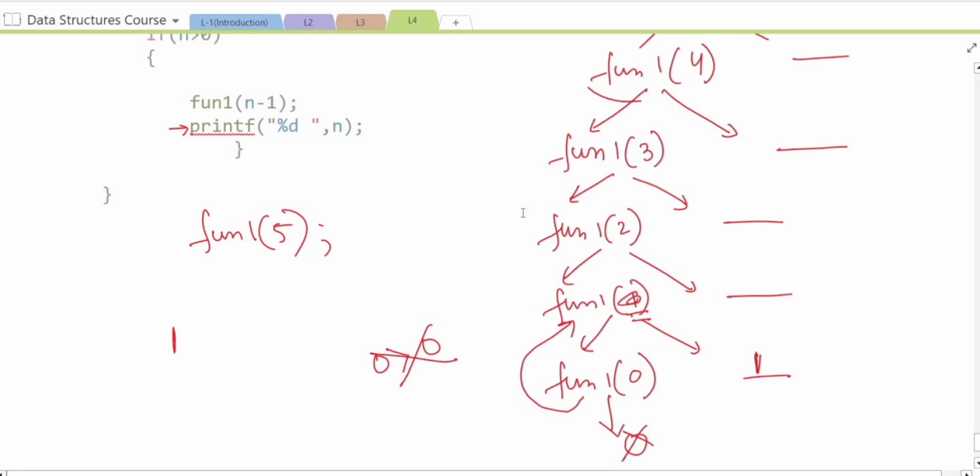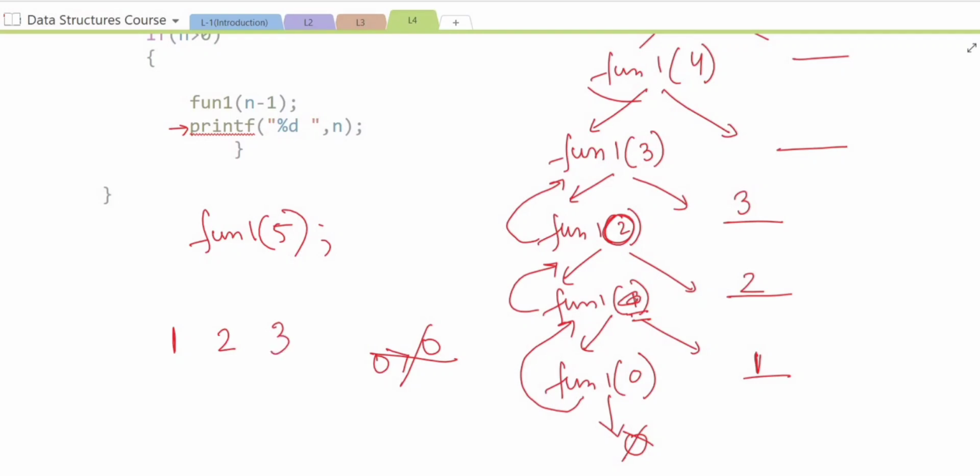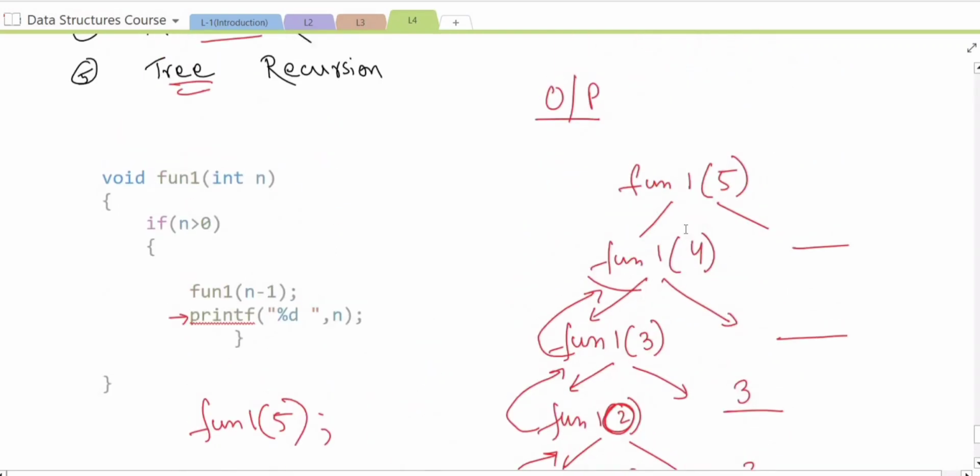Next, after printing the value, it will return to its previous call, that is fun1 of 2, and it will fill up this gap, that it will print the value 2, the value of n, that is 2. Then it will return to its previous call, and it will print the value 3. Then it will return to its previous call, and next it will print the value 4,